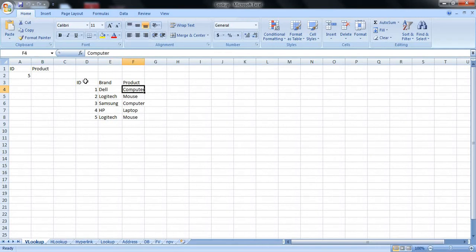With Dell we have computer, for Logitech we have mouse, for Samsung we have computer, for HP we have laptop, and for Logitech we have mouse. Let me find out, with ID 5, as the owner of this warehouse or showroom, I wish to know what brand I have and what product I have.